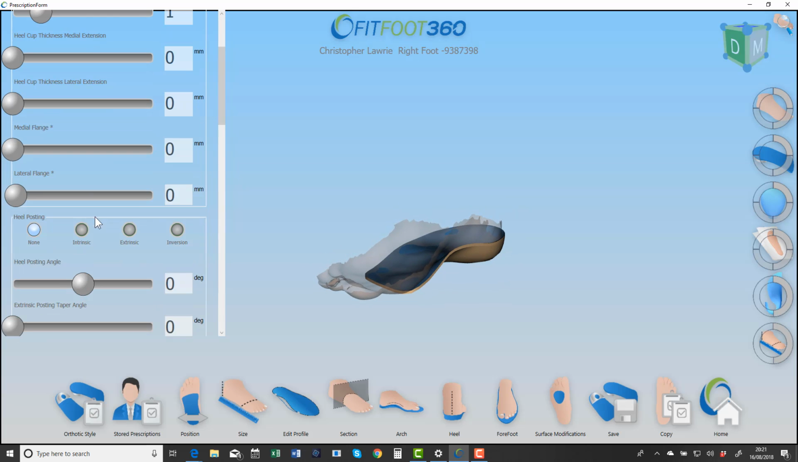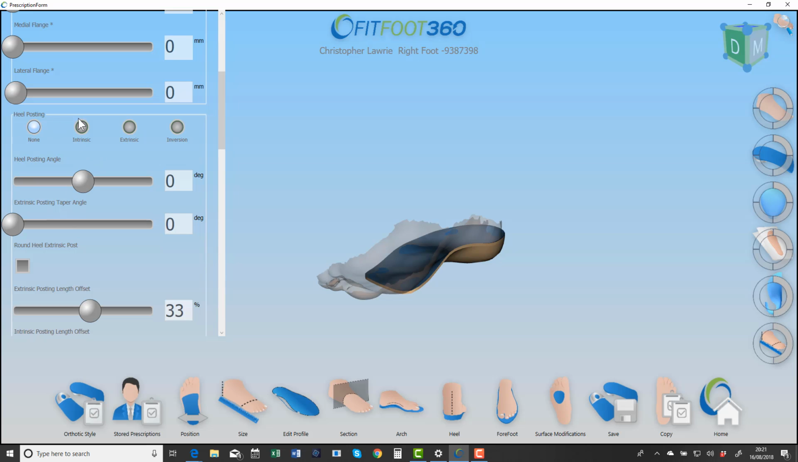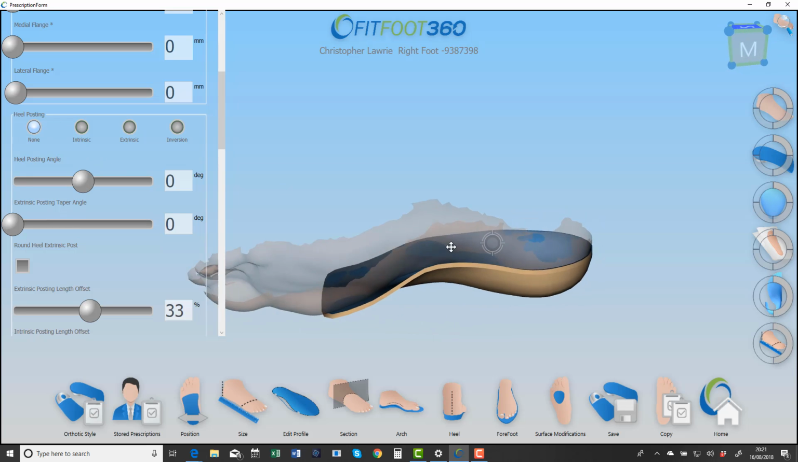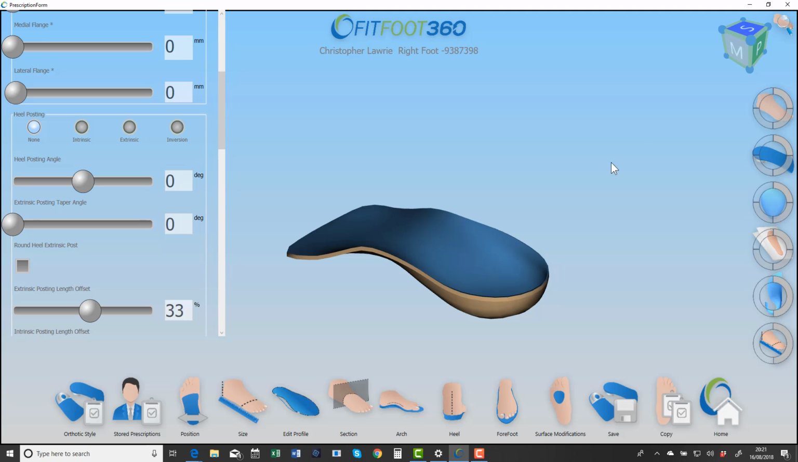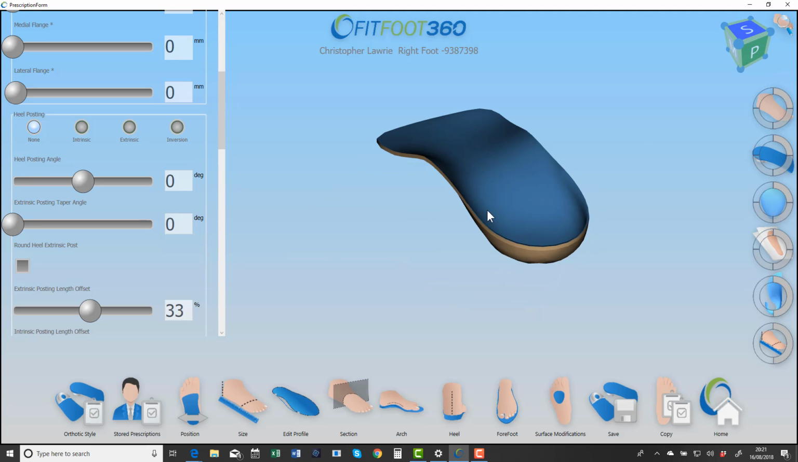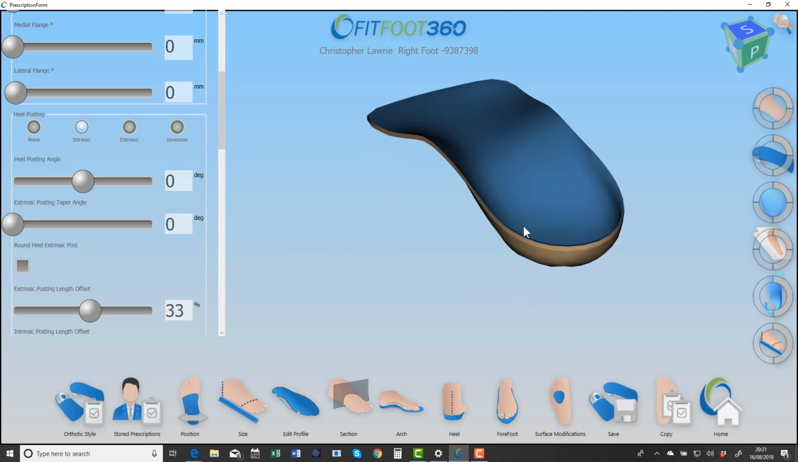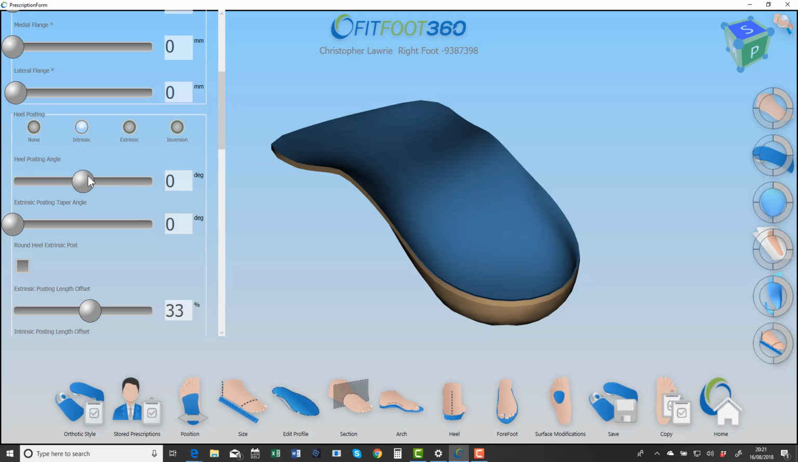So moving further on down the menu, we have our heel posting options. So here I'm going to remove the scan so I can show you what happens. The intrinsic post simply rotates the heel cup region that is proximal of the arch apex. So it twists the device to create the rotation in degrees, either on the medial side or the lateral side,